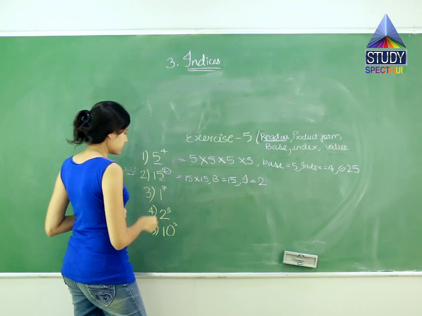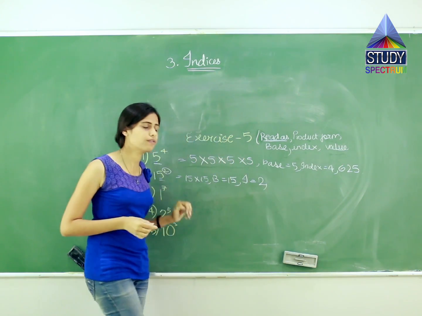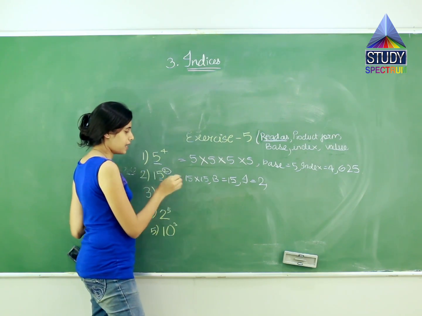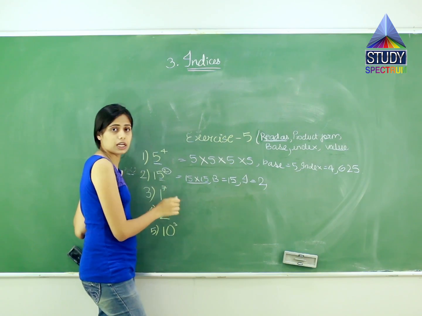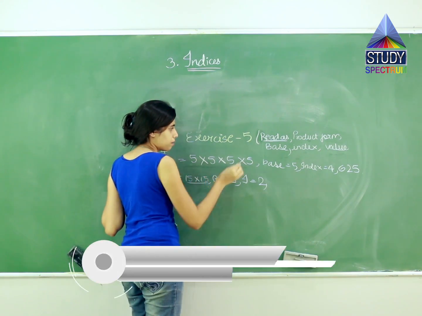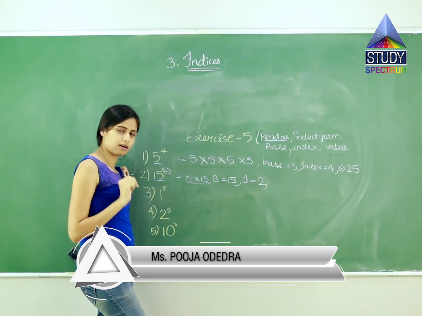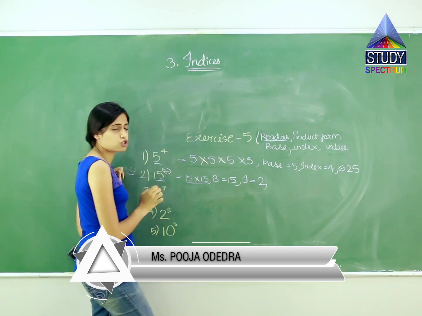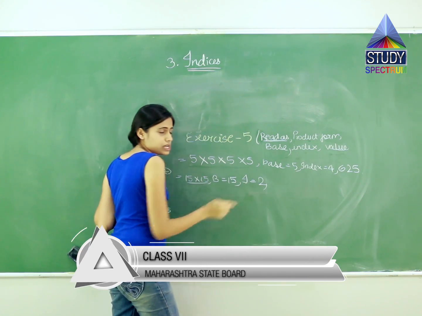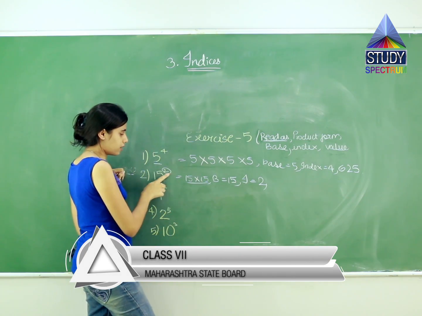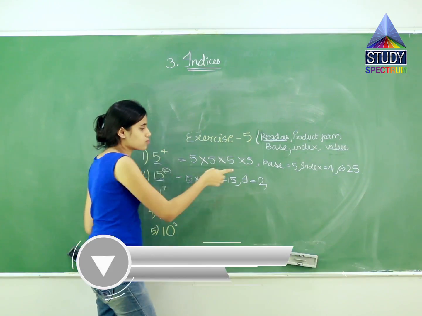Okay. Now let us see what is remaining. The value. Over here in this question they are asking for the value also. We have already seen the multiplication form or the product form, 15 into 15. We have also seen the base. Base of this question is 15 because 15 is larger in size and at the bottom. And we have raised 2. Why 2? Because it is given in the question. What is it? It is the index because it is relatively smaller in size and above 15. So that is the index.